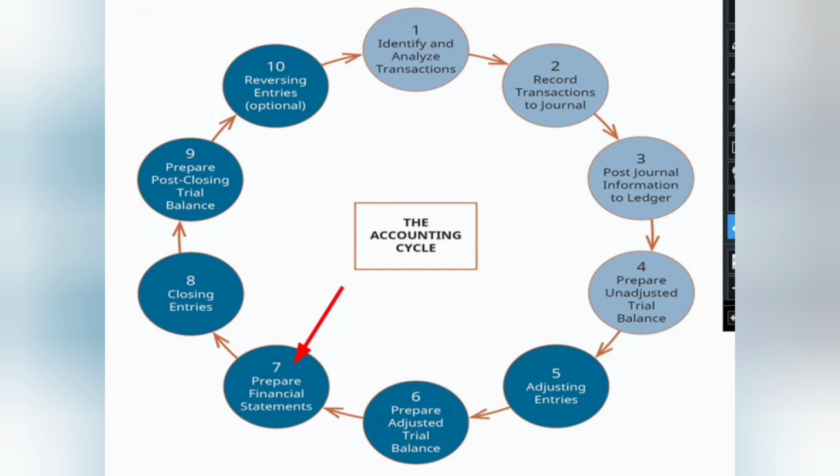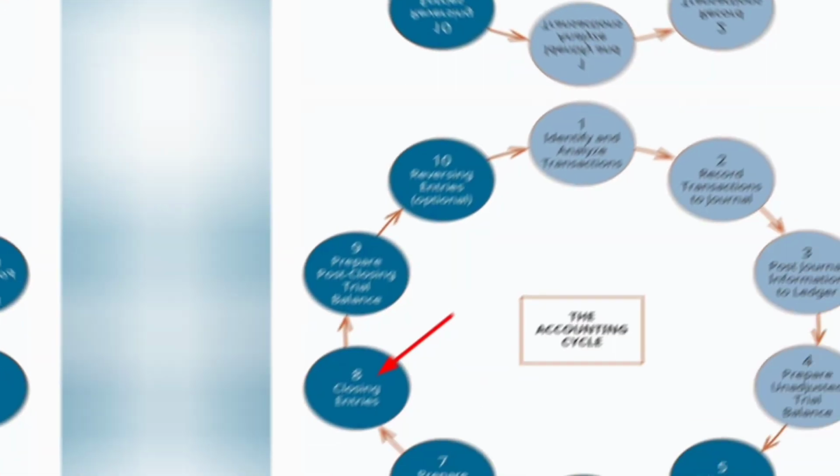Because the income statement provides information related to the organization's financial result. Similarly, the balance sheet provides the financial position of the company, meaning information related to the company's assets and liabilities. Similarly, the cash flow statement is prepared to provide information related to cash receipts and cash payments. So financial statements are mainly provided to external users to provide information related to the company's financial position, financial status, financial strength, and cash position.